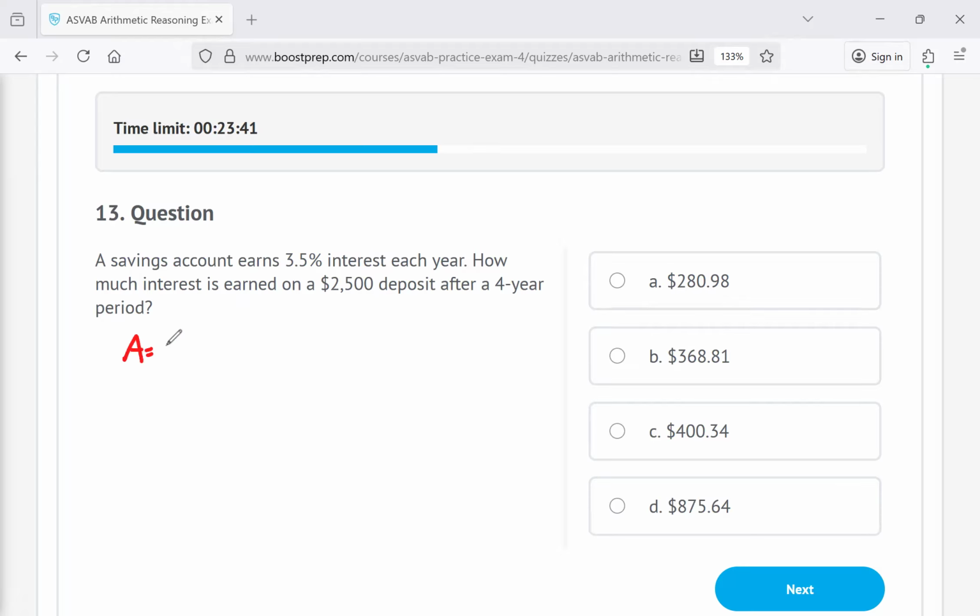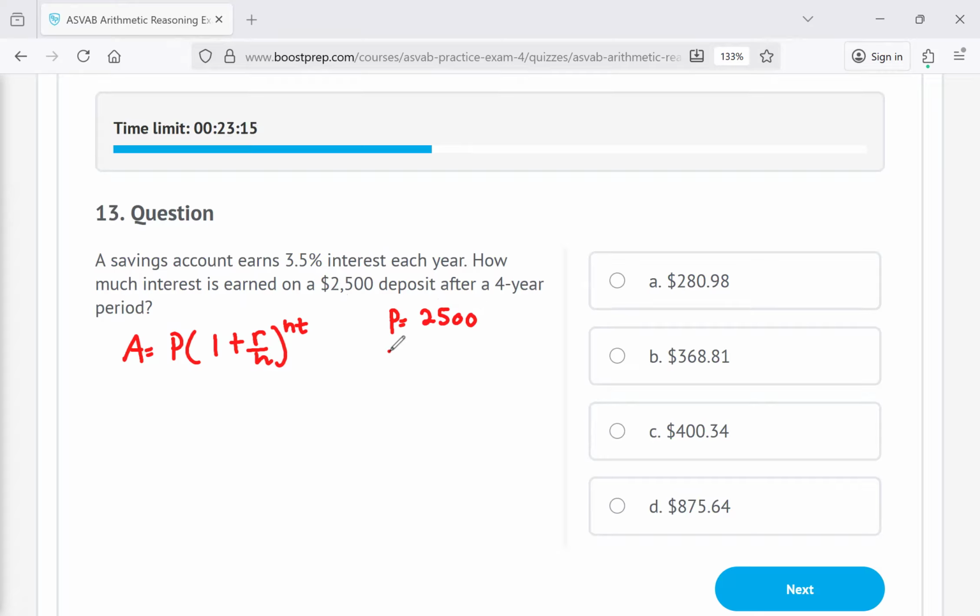A equals P times 1 plus R over N raised to the NT. So you use this formula, but I really don't like this because you can't use a calculator. Well, let's see what we have. Our principal is our starting point. So we started at 2,500